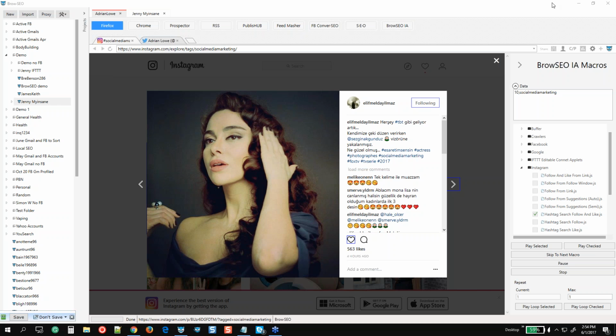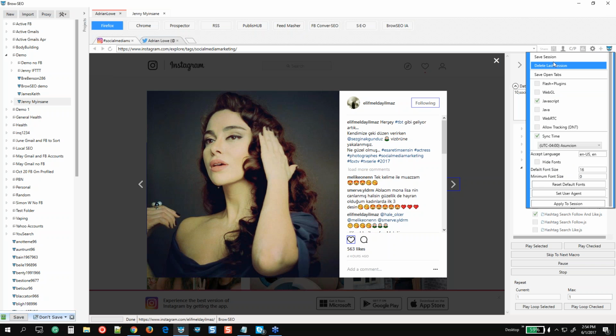Okay, so let's open up User Agent Settings. Lee is asking about the user agent settings. Yeah, you can just save the settings here. Let me close this down. Over here, click save session, and that will save your user agent and all of your settings here, including your JavaScript settings, privacy settings, whatever you want to show.